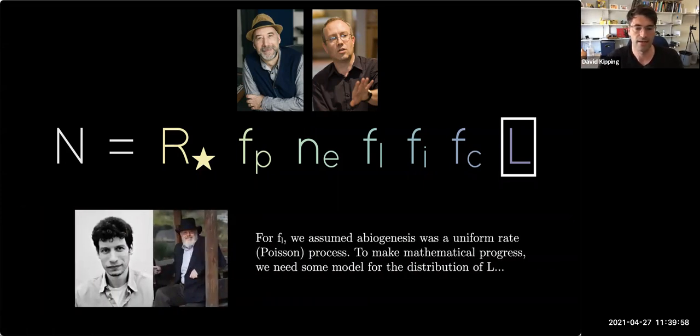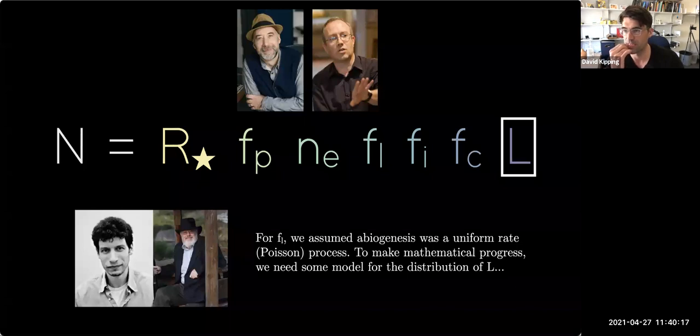So for the case of FL, what we were able to do is use this Poisson process as an argument, but that's not going to work here. It doesn't make any sense to assume that L is a Poisson distribution. For one thing, it's a continuous variable. It's not an integer, so you wouldn't use an integer distribution for this. So we don't know what this distribution is, and we have to assume something for it to make progress. And I was talking to Barry about exactly the same thing earlier on with his work as well.